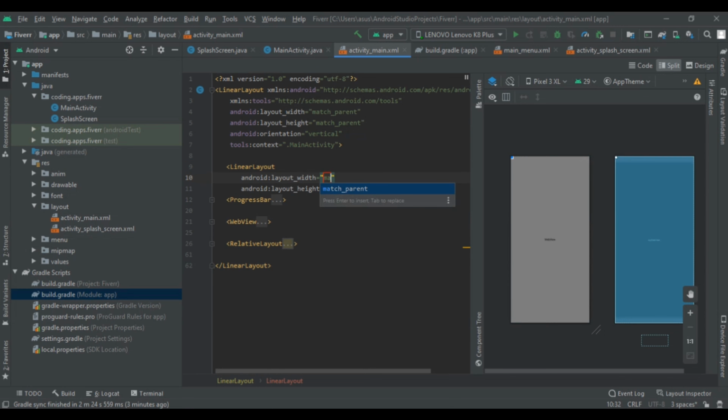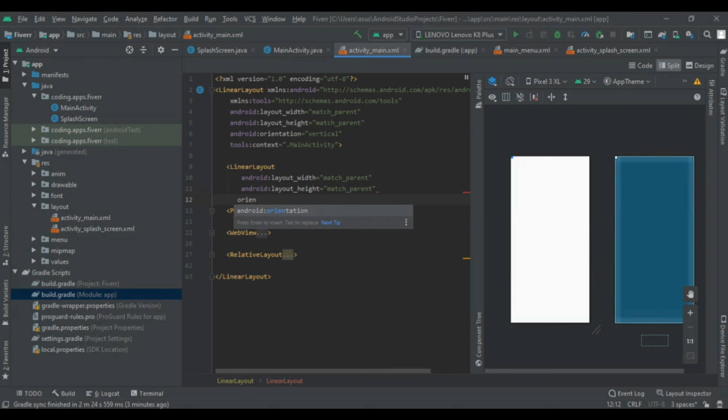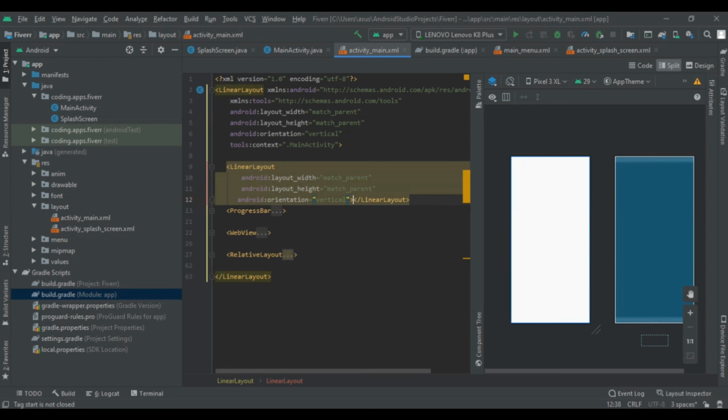After that add orientation. So orientation will be vertical. After that we are going to close it. So here the close tag is automatically generated. Now cut it and add it here.